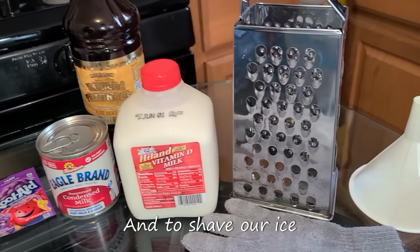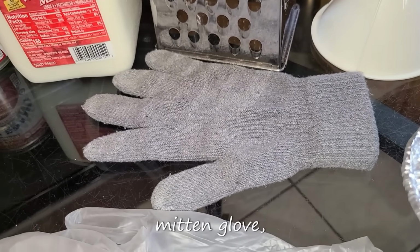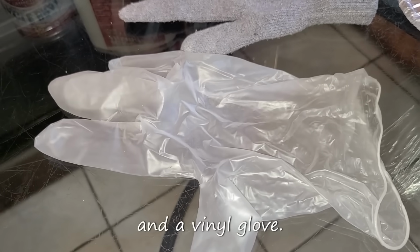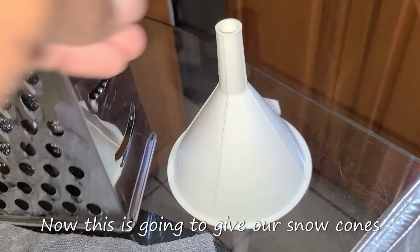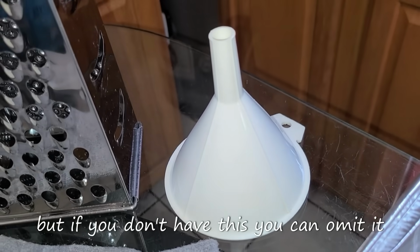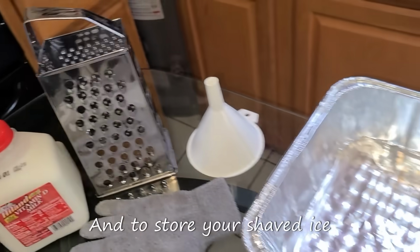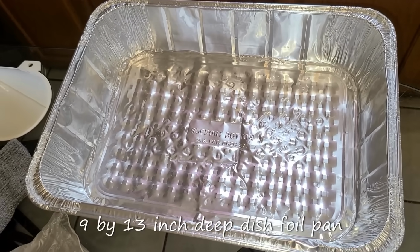And to shave our ice, you're going to need a cheese shredder, a regular mitten glove, and a vinyl glove. You will also need a funnel. Now this is going to give our snowballs their shape, but if you don't have this, you can omit it from the recipe. And to store your shaved ice, you're going to need a regular standard 9 by 13